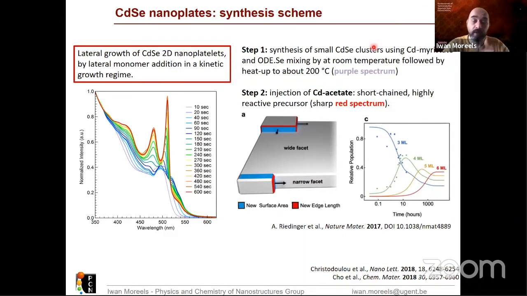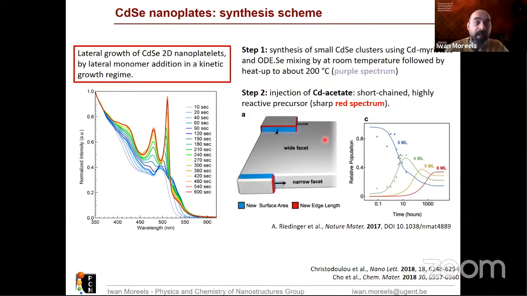So compared to the typical organic ligands that you use during quantum dot synthesis, which are oleic acid, or in this case, myristic acid, which are long organic chains, we add here this cadmium acetate. The acetate has a very, say, short chain. It modifies the solubility of your precursors and drives the synthesis in what we call a so-called kinetic regime. This kinetic regime means that there is a very high supply of precursors to your material, so it can grow